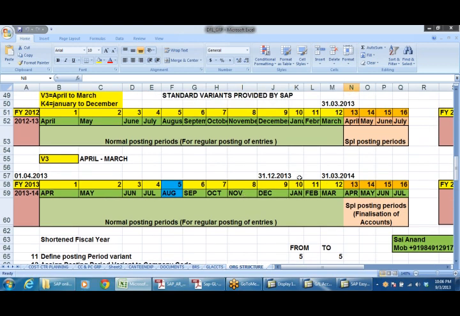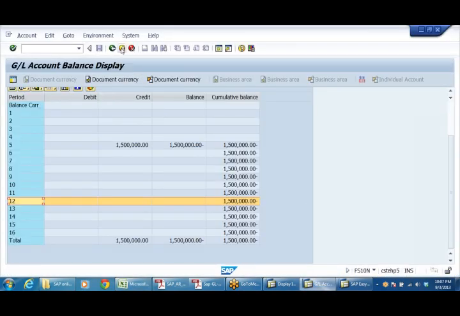This doubt I have already clarified when we were discussing the beginning. That's why I am showing you 2 accounting periods here: 2012, that is 2012-13, which will be completed on 31st March. And here, the special periods are up to July 16th. But if you are going to post an accounting entry in the month of April, you'll take the 13th period here, and the first period here. Here you are going to take the 14th period, and here the second period. So both will be kept open, but the periods are different. Yes, I understood.